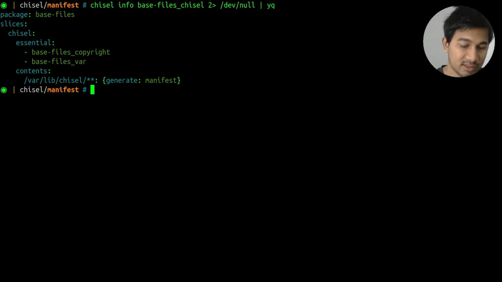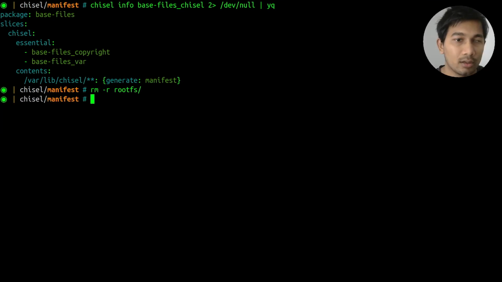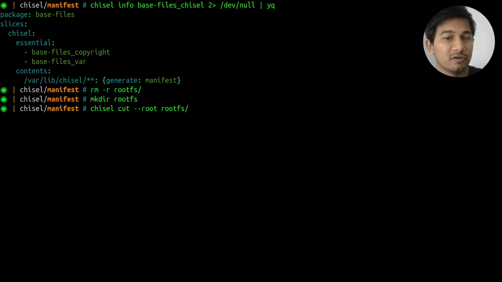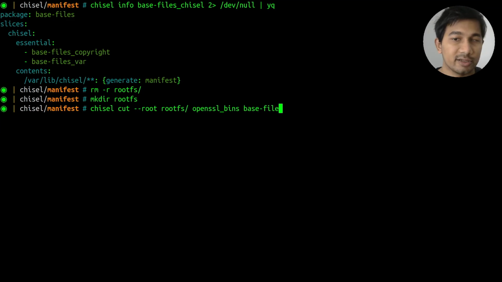So let's see that. Now I have, okay, let's clean the repo files and put in the repo files folder. What I want to do is chisel cut. I'm on a 24.04 machine, so I will be using the 24.04 Chisel release. That's why I don't need to pass it as just the release flag here. Now I want to install the openssl_bins slice and have my root file system ready to run OpenSSL. What I also want to pass here is the base-files_chisel slice so that I get a manifest ready